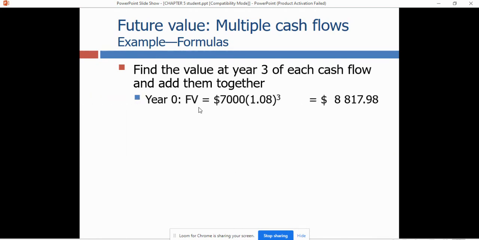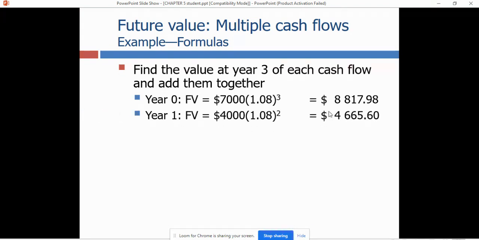Okay, so first we're looking at the current investment that we already have, which is 7,000. So you want to know what is the future value, because the question is how much will you have in 3 years and how much will you have in the 4th year. So they are asking you to calculate the future value. So 7,000 you are leaving in the bank for investment for the next 3 years, right? Because they're asking the first question for 3 years. So 7,000 interest compounded at 8% for the next 3 years, power of 3, you get